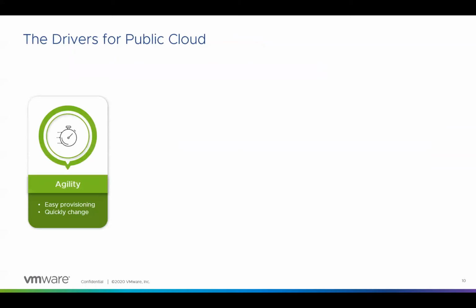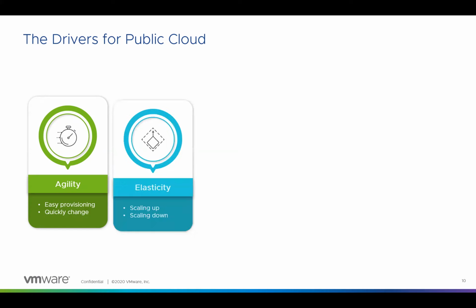Before we get into more details about design and architecture, let's start with the main drivers for the public cloud. The first one is ease of provisioning. We can very quickly deploy the workload on the fly. All you have to do is go to cloud.vmware.com and create the SDDC. A 4-node SDDC generally takes about 4 hours to set up. This compares with days or months of work on-prem, where you procure the hardware, ship the hardware, deploy the hardware, and then use it. Here, we can deploy the workload very quickly.